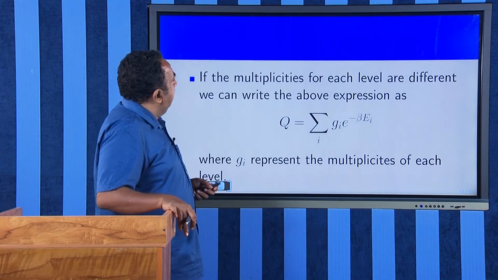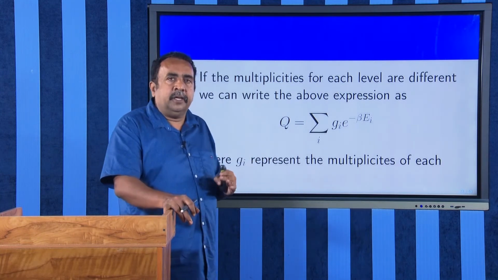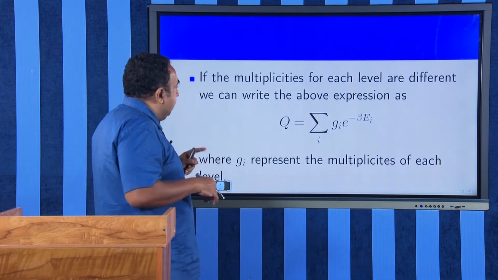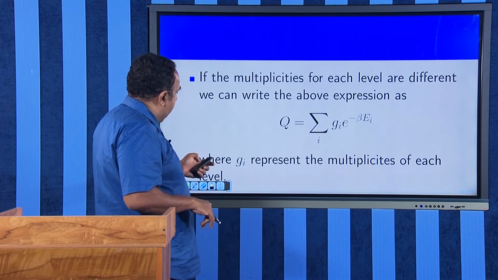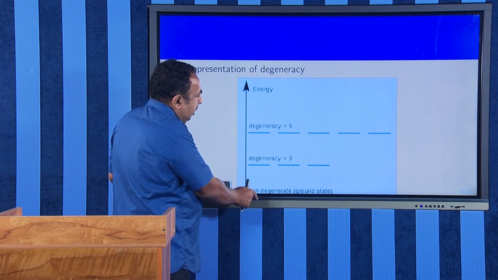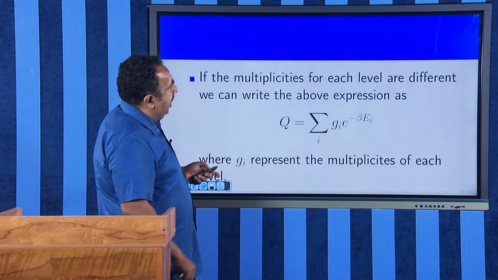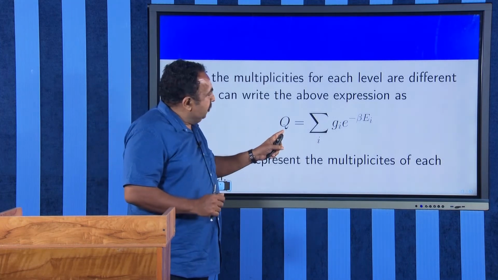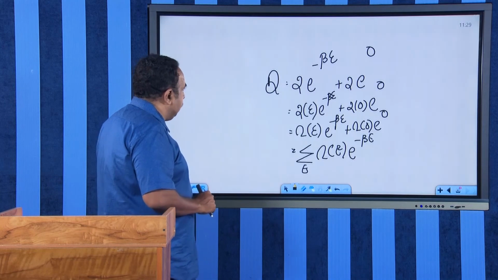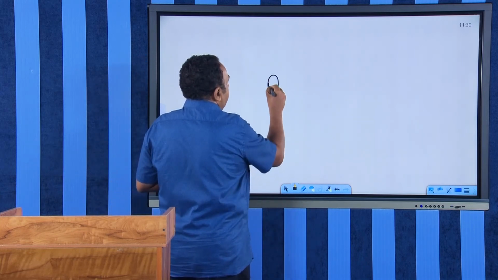Yes. And therefore, sometimes instead of omega of E e raised to minus beta E, you can simply write your expression. For example, if each energy level is repeated, you have seen in the earlier case that the degeneracy of the second state, the first state and the 0th state are different. Therefore, in order to account for that, I will rewrite my equation as Q is equal to sum over i of Gi e raised to minus beta Ei. What I mean is my degeneracies are different.